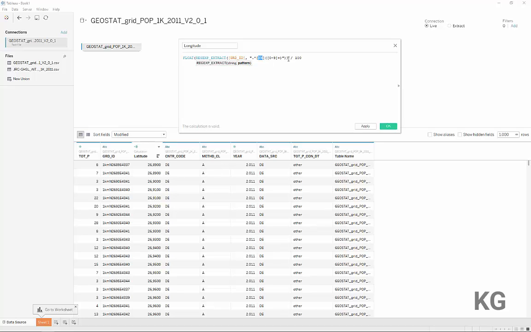The cool thing is if we think about it, it's basically just positive or negative numbers. So if you go to the east of the central meridian, it's positive numbers. If you go to the west of the central meridian, it's negative numbers. So basically what we can do here is we can say multiply by -1 if west. So if this character here, which in this case is an E, if that's a west, then just multiply it by -1. And the way we do this is we just extract another piece of the grid